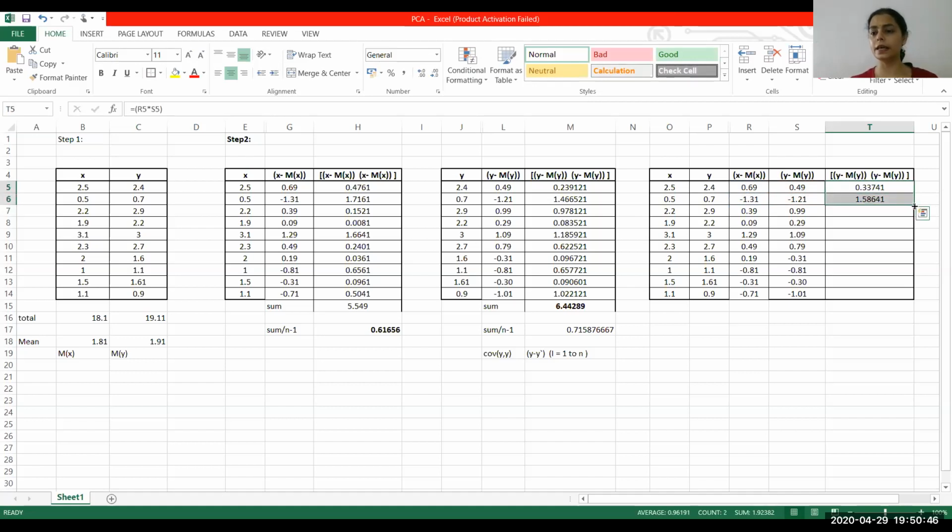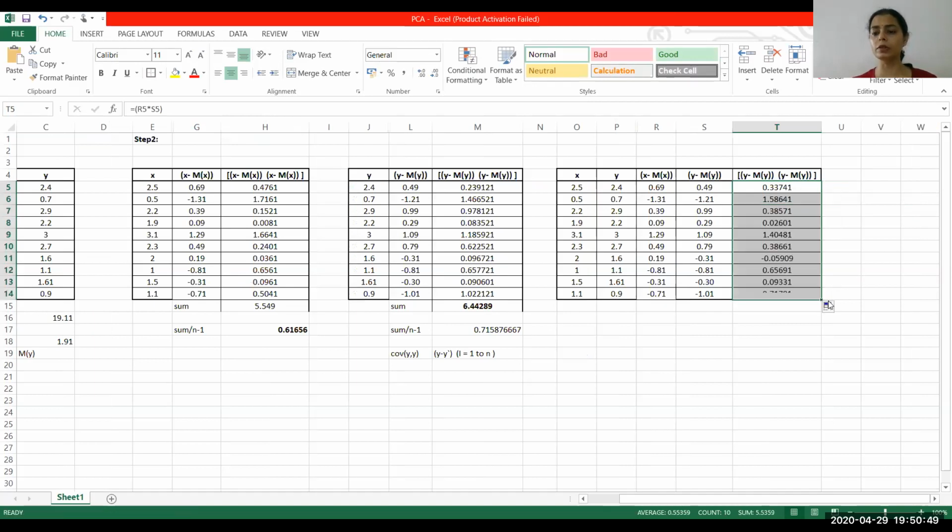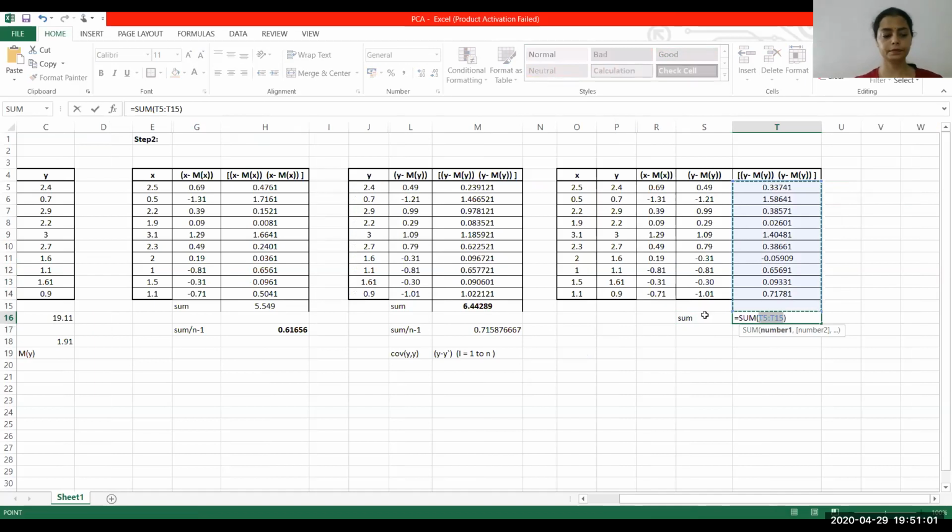And similarly, in the end, we summate it over all the values of i, and then we are going to find the sum of all these values, and then we shall find the sum divided by n minus 1, which is going to be 5.5359 divided by 9, and this is it.